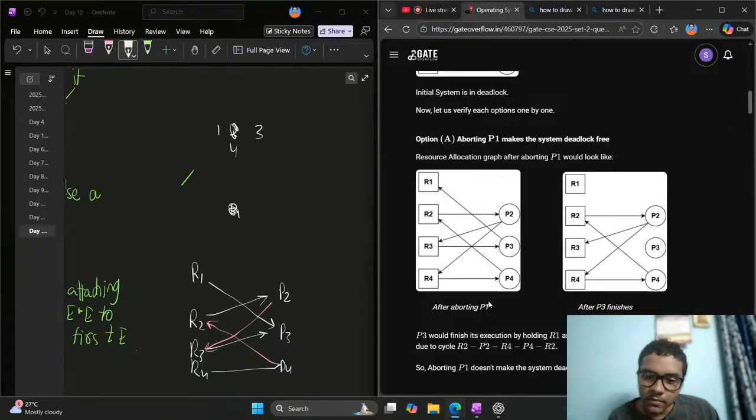So P3 would finish its execution by holding R1 as it is free now, but there still would be deadlock due to cycle R2 P2. Okay, R4 P4 R2. Okay,